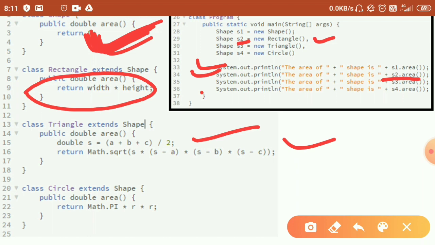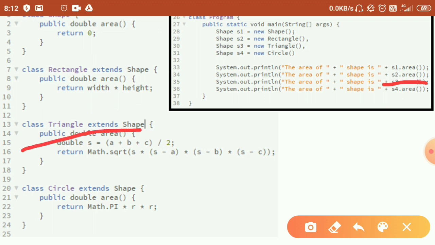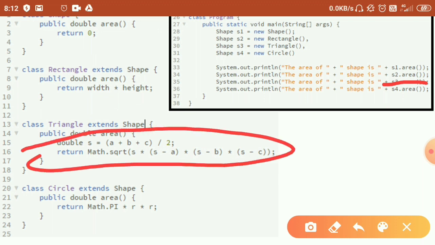Similarly, in the third line, when I say the area of shape is S3 dot area, this time we are looking at this area here. This area function will be called, not this. Notice S3's type is shape, but this area function will not be called, rather this area function will be called.